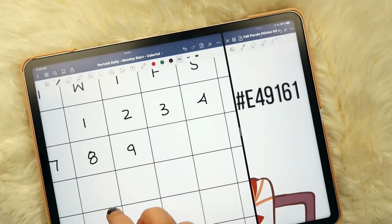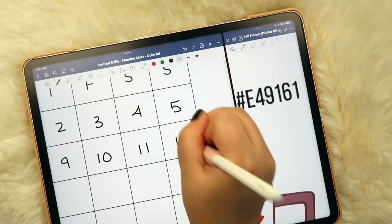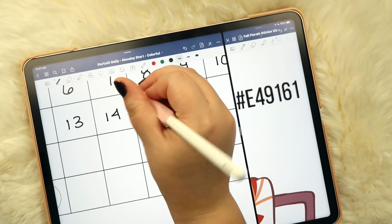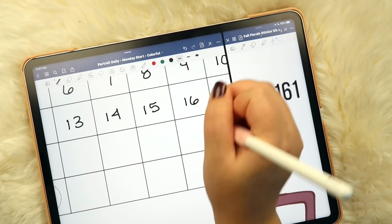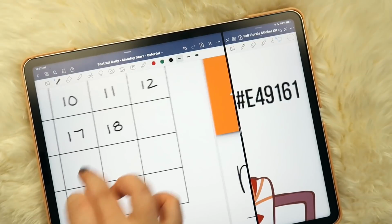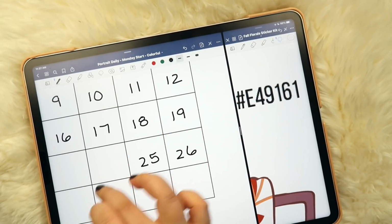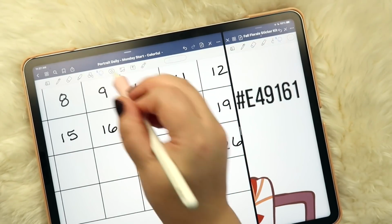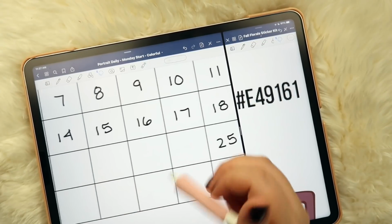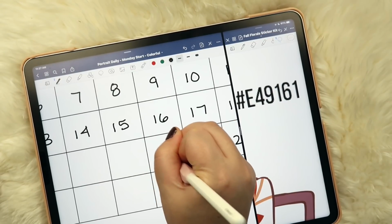8, 9, 10, 11, 12, 13, 14, 15, 16, 18, 19, 26, 25, and 24, 23,